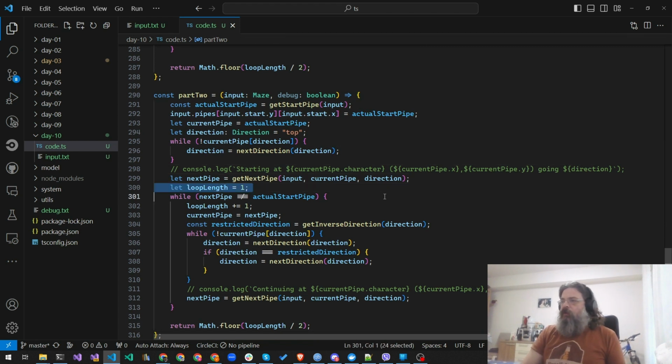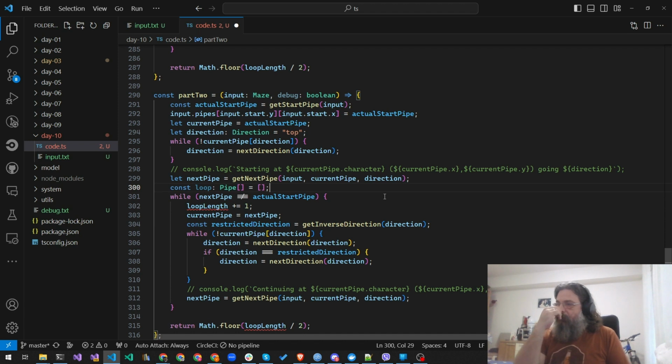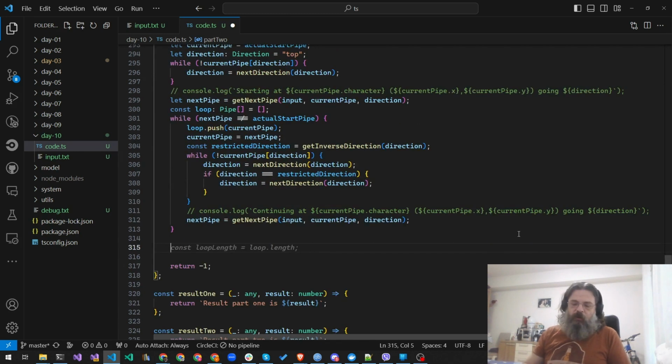But we don't actually need the loop length now. What I do need is the loop itself. That is gonna be an array of pipes. And we're just gonna say, well, add the current pipe to the loop. Return -1. And now, once we have this, I will generate a new